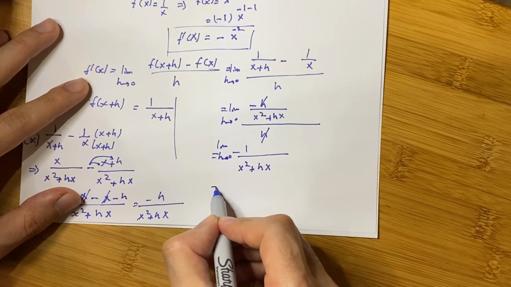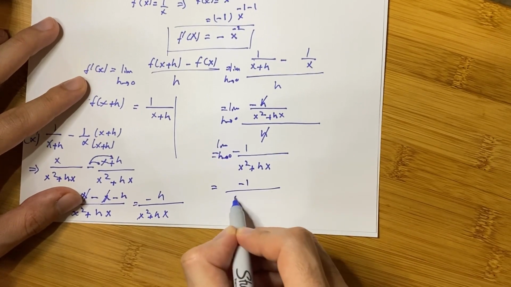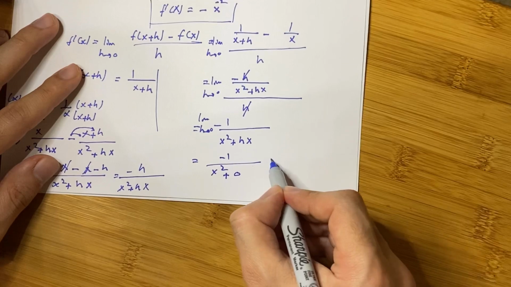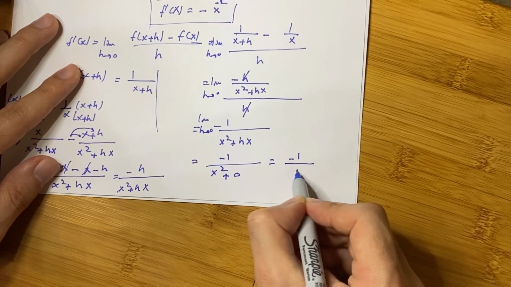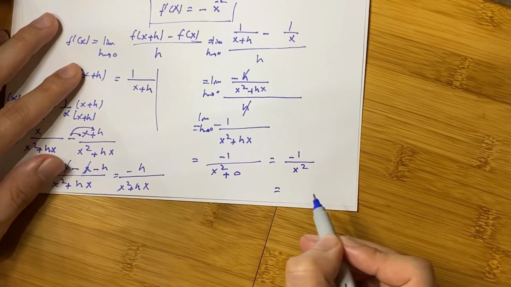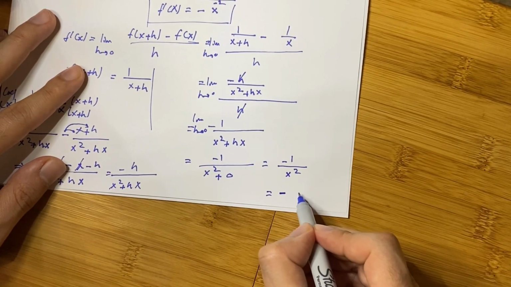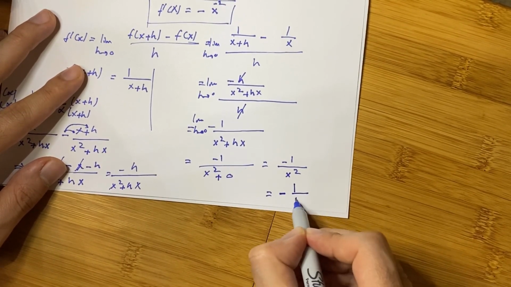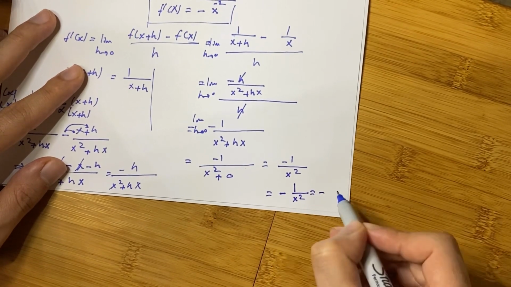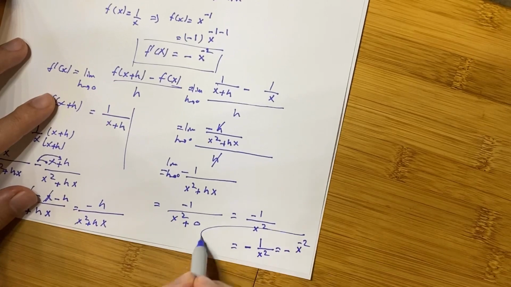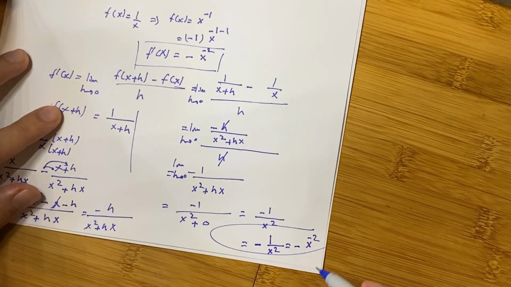Now, as h goes to 0, we will have minus 1 over x squared plus 0, which is minus 1 over x squared, which can be written as minus 1 over x squared, which is minus x to the minus 2, which is the same as